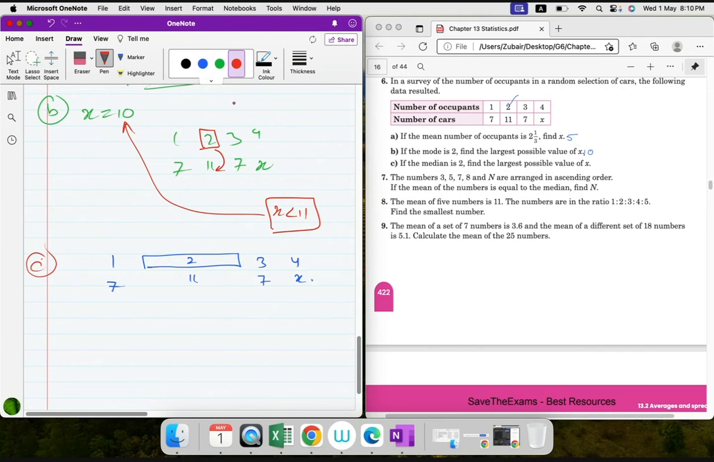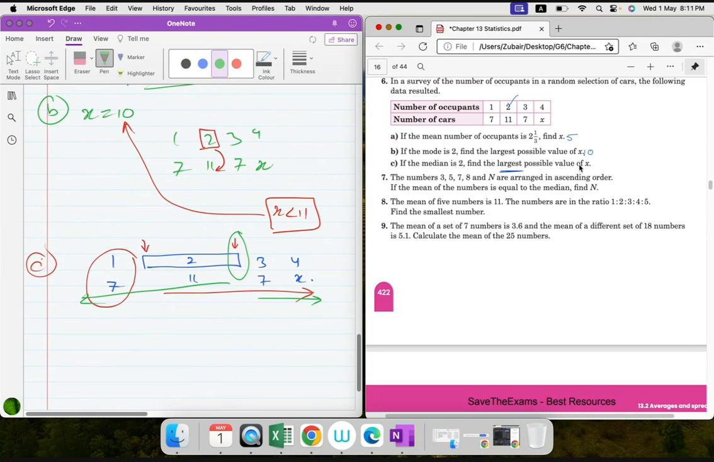Do you remember we selected the leftmost and rightmost? Obviously, when we select the leftmost, these numbers should equal the numbers on the right hand side. And when we select the rightmost, these numbers should equal the numbers on the right hand side. Now it says if the median is 2, find the largest possible value of x. I can find the largest possible when I select the rightmost,